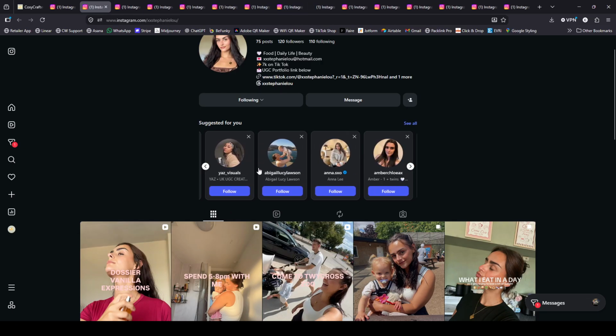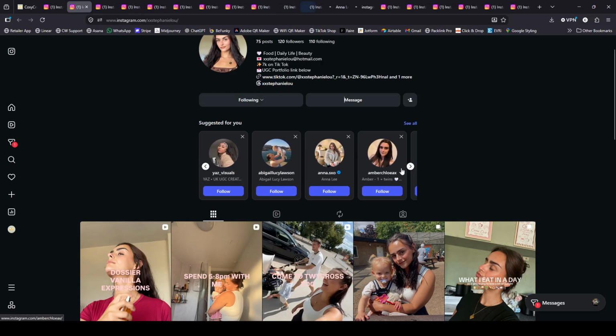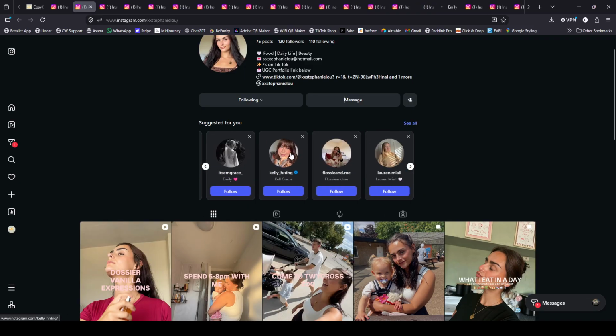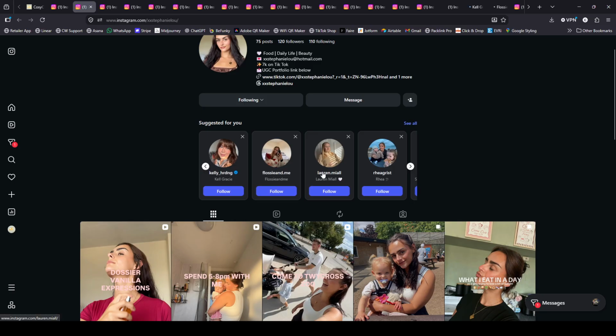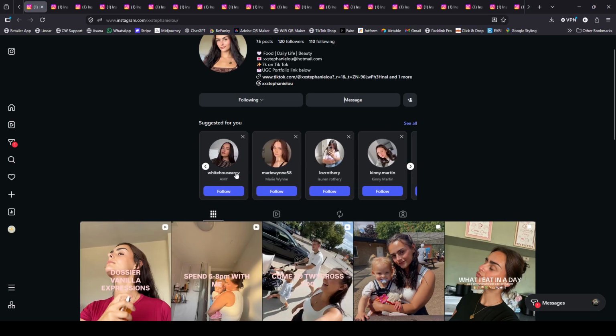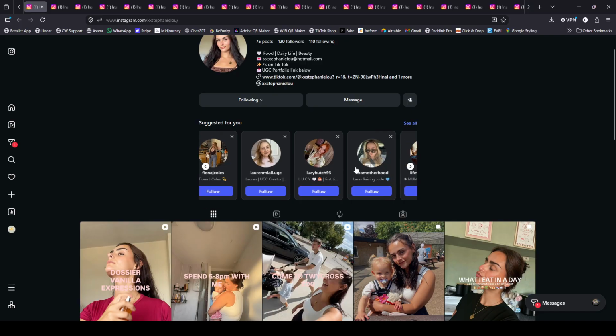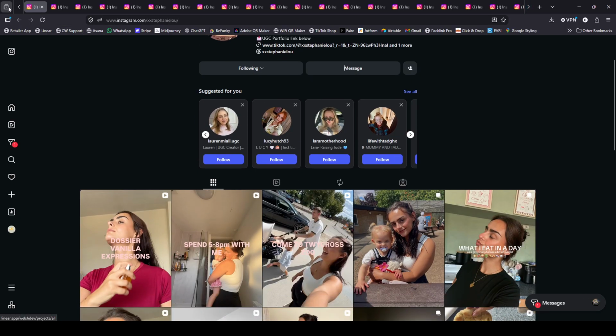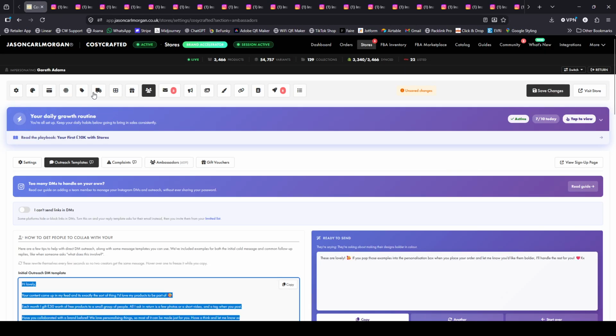Something you need to be aware of is the location of these individuals. This is a UK store. Although you can accept international collaboration, the shipping costs can obviously be a bit prohibitive for them. So ideally, you want to make sure that you are engaging with and liking content from people based in the UK, and primarily reaching out to people based in the UK, unless in your store settings here,